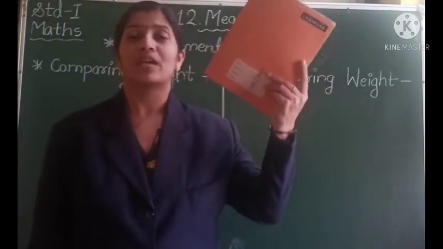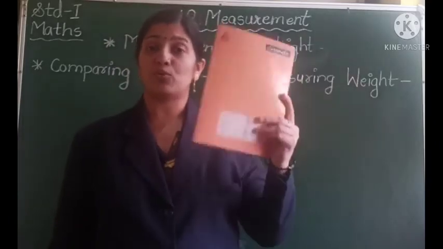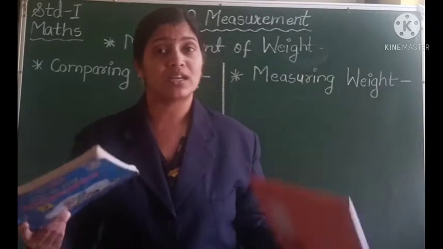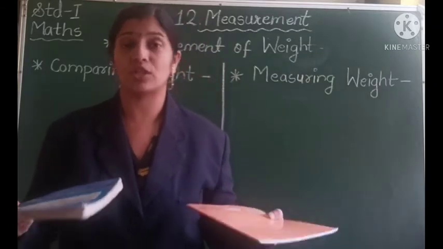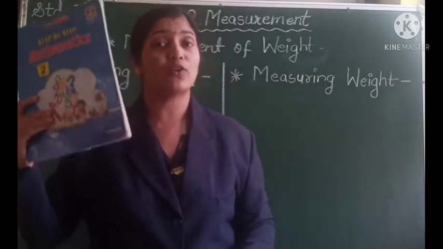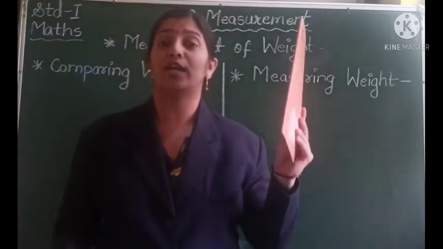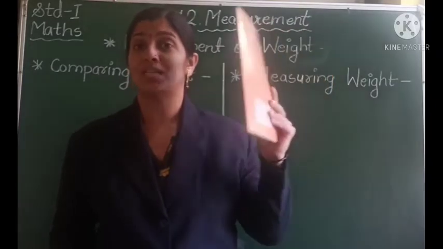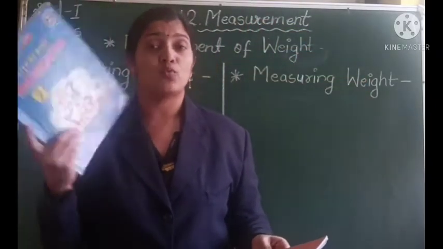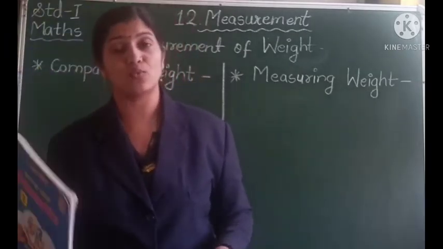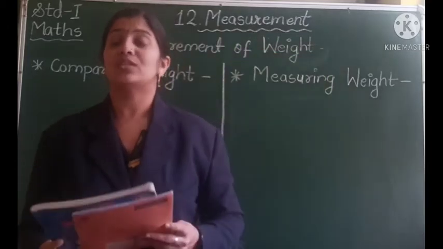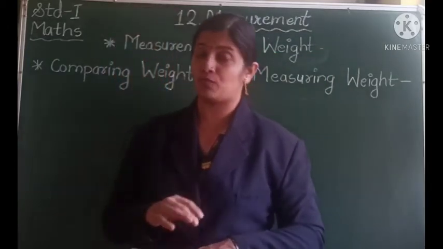So if I put one more book of this pattern into it, maybe both the books come to a level, or the beam balance comes to a level. It means that the weight of this book is equal to the weight of these books, but these books should be 2 in number. So the weight of one book of this pattern is equal to the weight of these 2 books, right? So this is the way how we do measurement of weight.